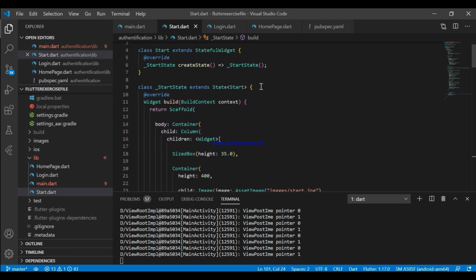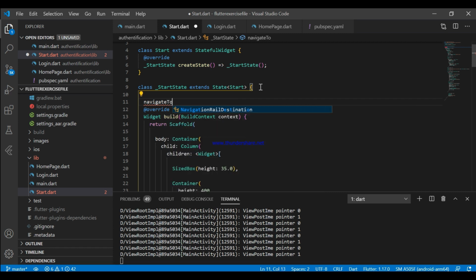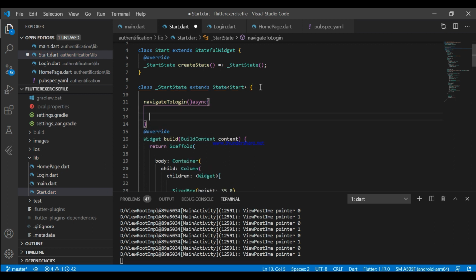So let's create the method navigate to login. We are just using navigator and material page route.